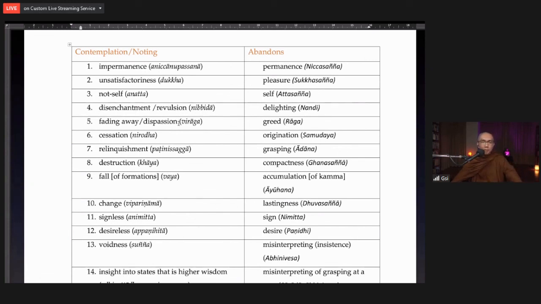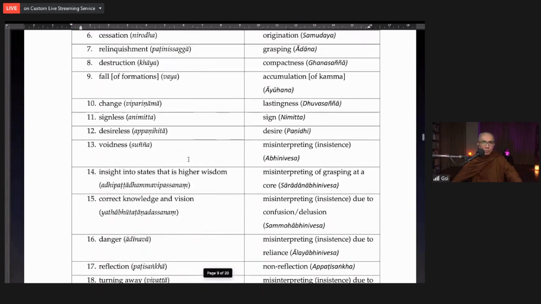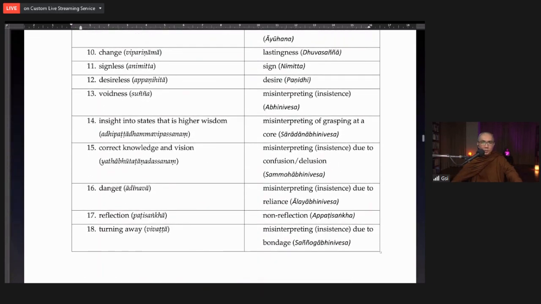Then later, we didn't talk about virāga. Virāga, we're going to equanimity a little bit. Then we talked a little bit also on danger, and on reflection, paṭisaṅkhā also. These two are extensions of dukkha. So if you contemplate on the danger, the different modes of dukkha, the oppressiveness of it, then it